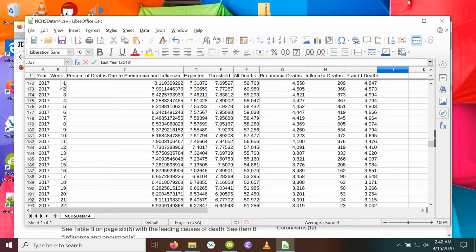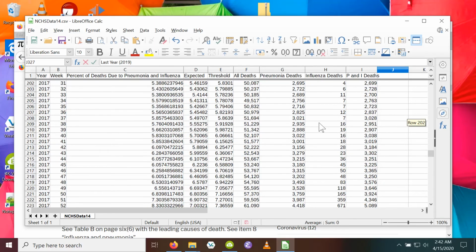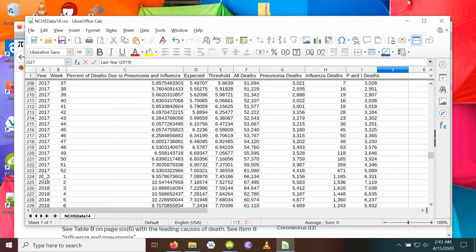So this starts here, 172, and it ends at 223. So let's just create a sum here. And we'll do it this kind of sum, and I believe we do 172 to 223, and let's see if I did it right.